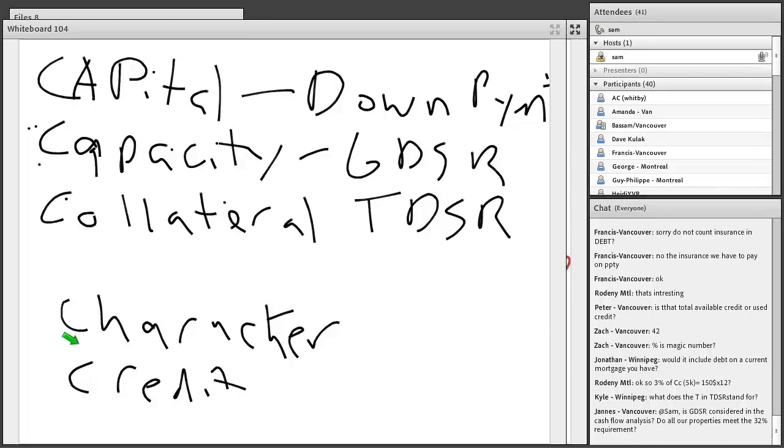The next two C's are character and credit. Character is yourself. How long have you been at your job? What type of income do you have? Are you jumping from job to job every year? What do you look like to the bank? How long have you been banking with them? And would you also include the relationship you have with the banking institution? Sure, yeah. If you're brand new, you have no relationship, so they have to use what they know. But if you've been banking with them for several years and you've shown that character where you do manage debt well, then that will definitely help you. That's right.